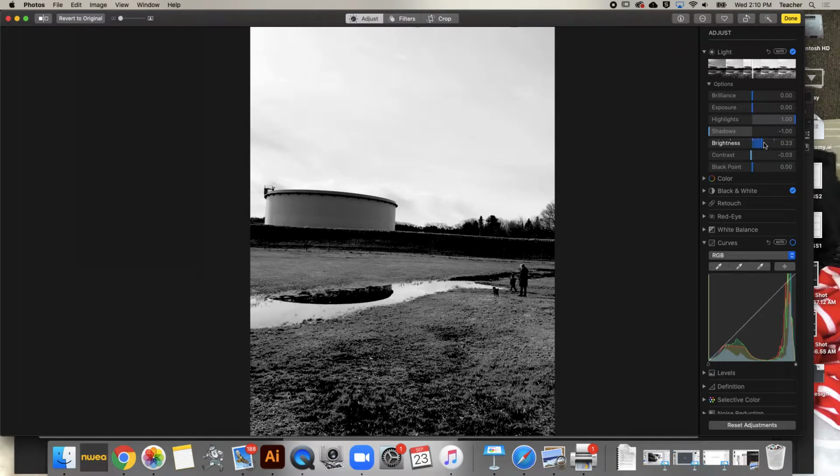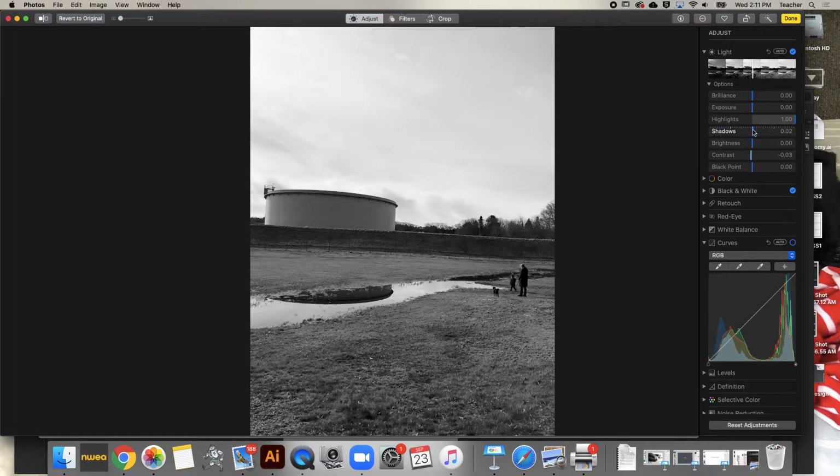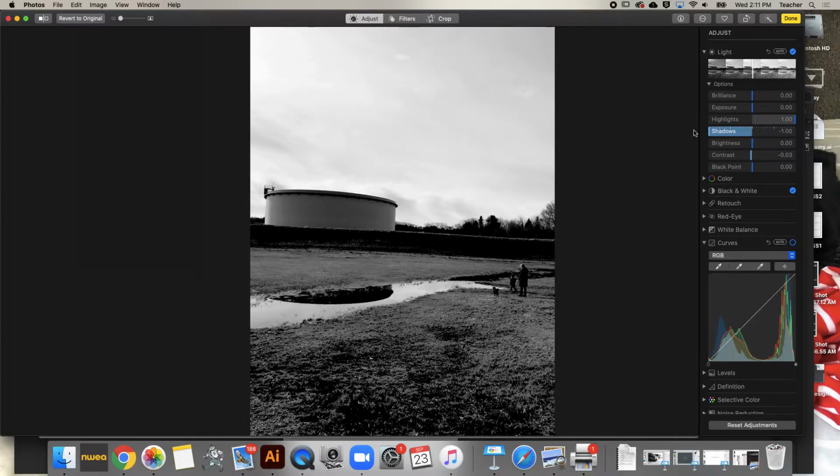This first one, I forget what I even said I was going to do. Did I say high contrast? Sure, we'll start with high contrast. So I know one way to make high contrast is to pull down the shadows and pull up the light, but I really don't like the way that makes my picture look. So